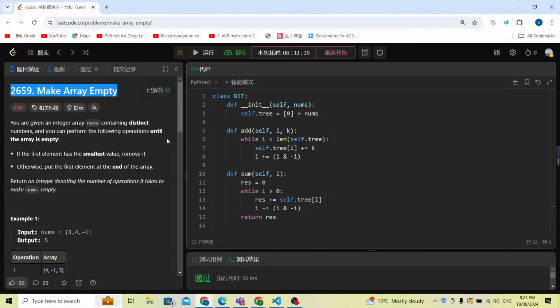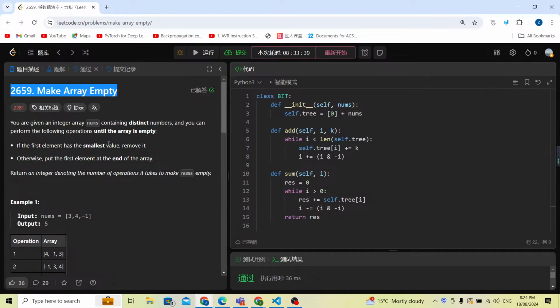2659. Make array empty. I think the problem is really easy to understand because there's no confusion about the description, and the description is going to be really easy to understand. There are just two steps. We are given an array nums, and the numbers are always distinct, and we can perform the